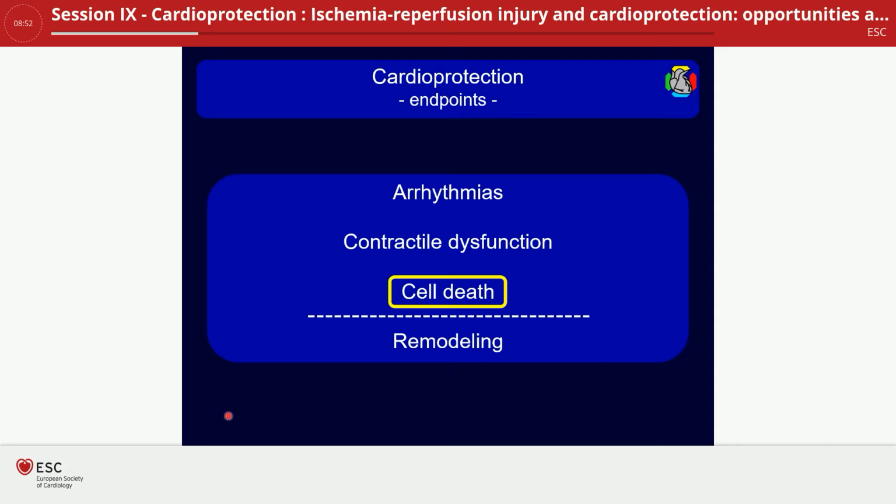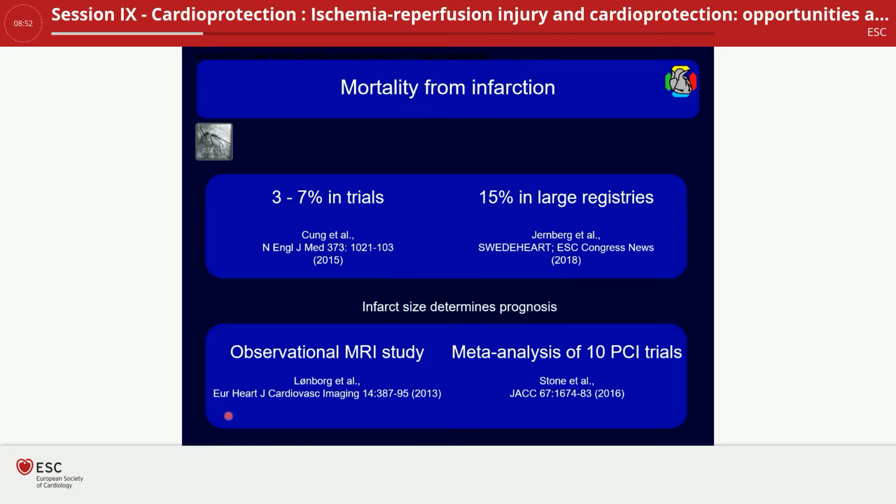Cell death, I've mentioned already, is the most robust acute endpoint. In other words, the quantity of cell death in terms of infarct size is what we usually measure, both in experimental studies and in clinical studies, to look at the acute effects of a cardioprotective intervention. The clinical background is depicted here. The amount of cell death, or I use the other term again, the infarct size, is actually a major determinant